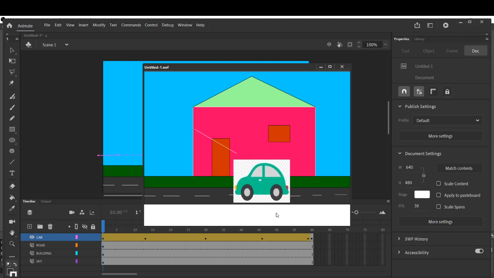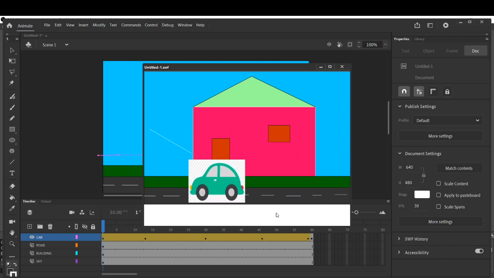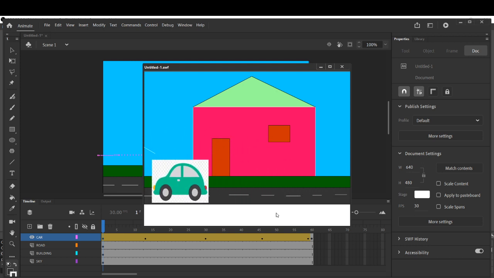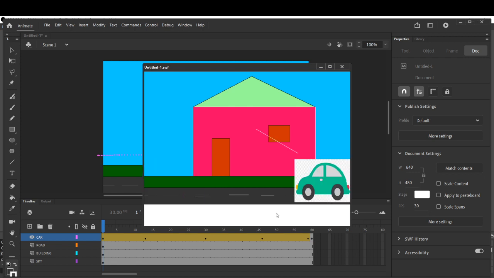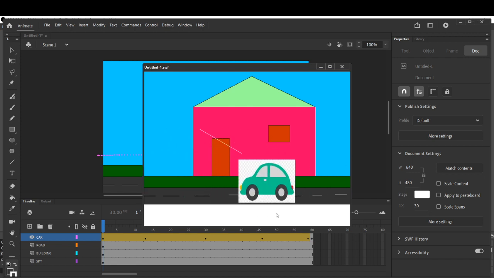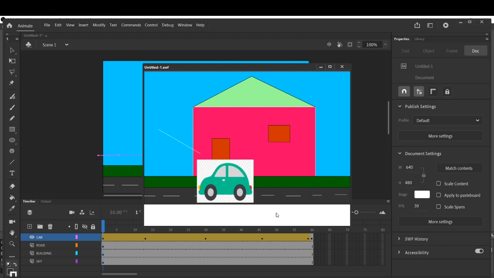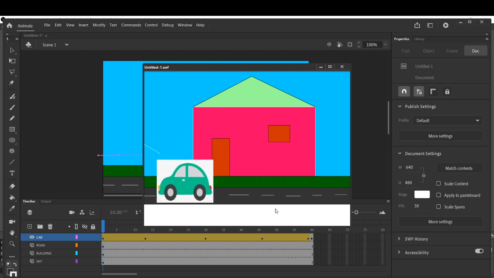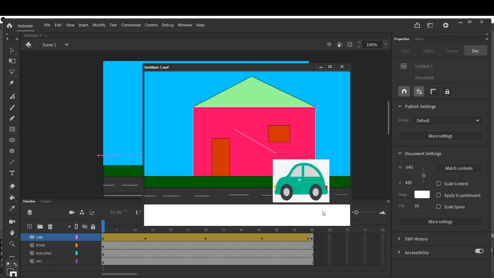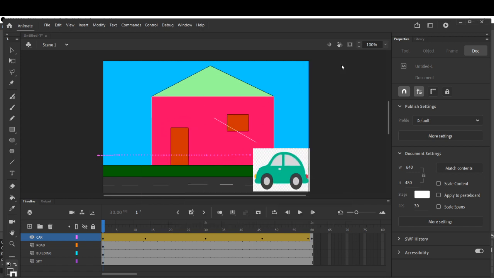Only the car has the motion, because we have applied it on that layer only. The other layers are not affected, isn't it? You can draw a tree, you can draw stars, whatever you want to draw, and give animation in that particular layer in which you want to give it. Am I clear why this line is appearing here? I have to check this, children, but for today's practical what we have done, you just revise it.